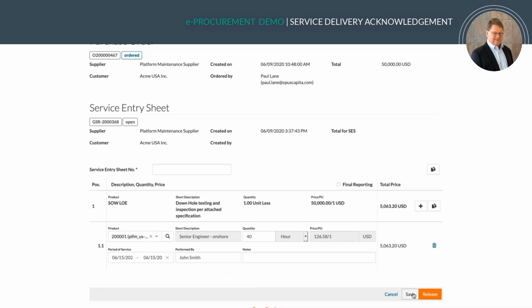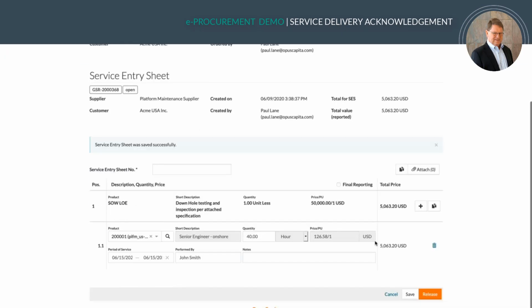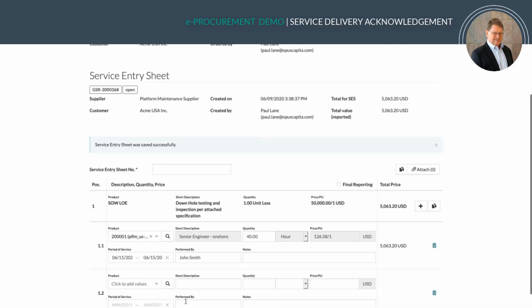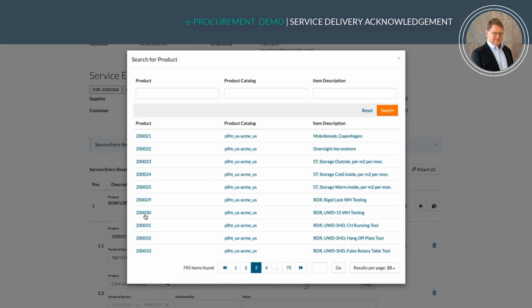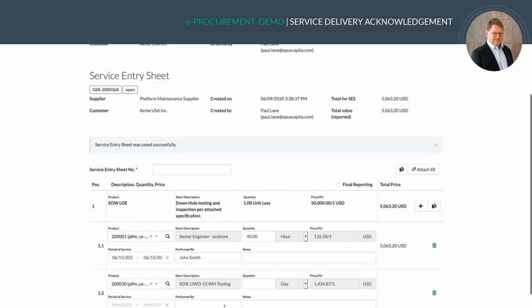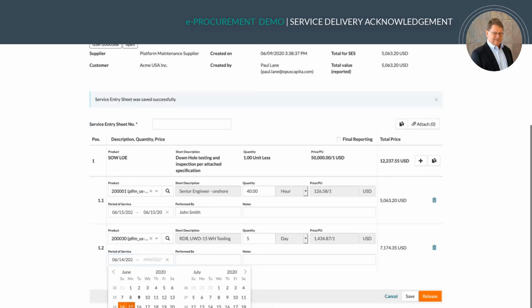And I'm going to save that. And I'm going to add another one, and look for a different item on my rate sheet. And here, I'm bringing back this tooling item. It's 5 days at a certain rate, the period of service. The point that I'm trying to make here